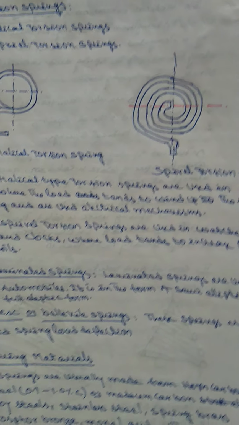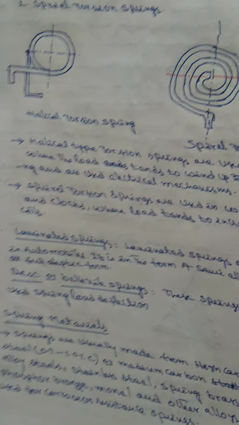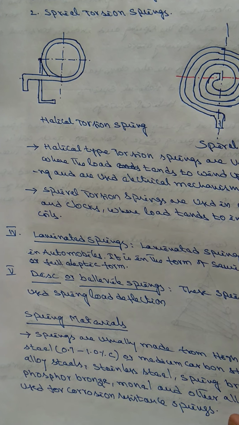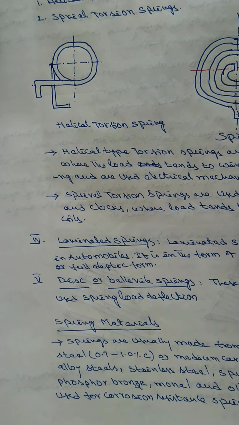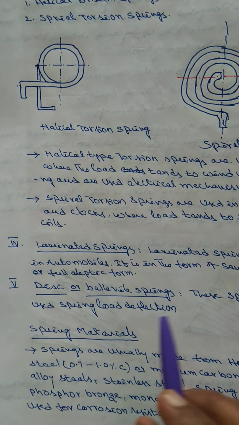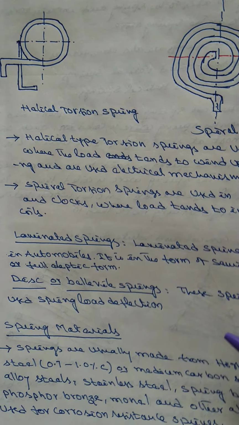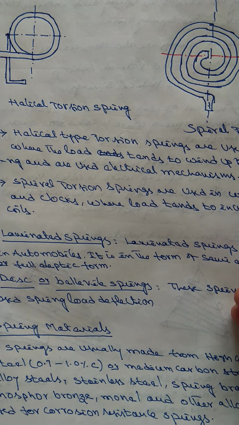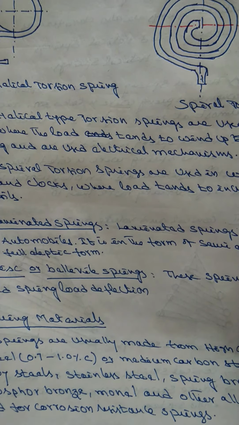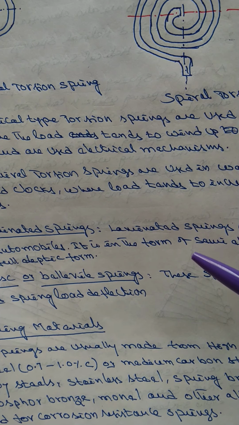Another one is laminated springs. These laminated springs are used very widely in automobiles and railway wagons, almost everywhere. Laminated springs means there are leaves. The length of the leaf will be small, and we connect it with a U-bolt. It has two eyes, and the two elliptical eyes are connected to the axle, and the load shocks are absorbed by this laminated spring.